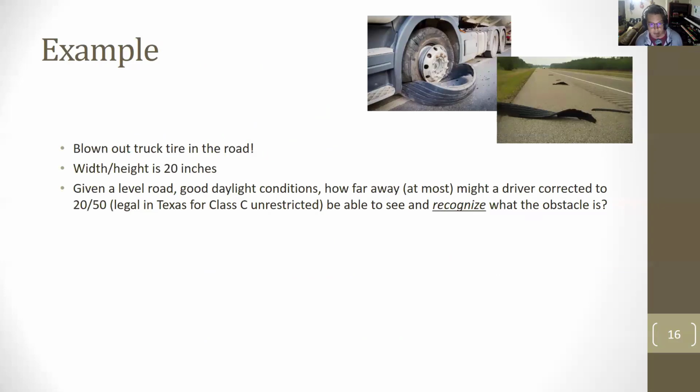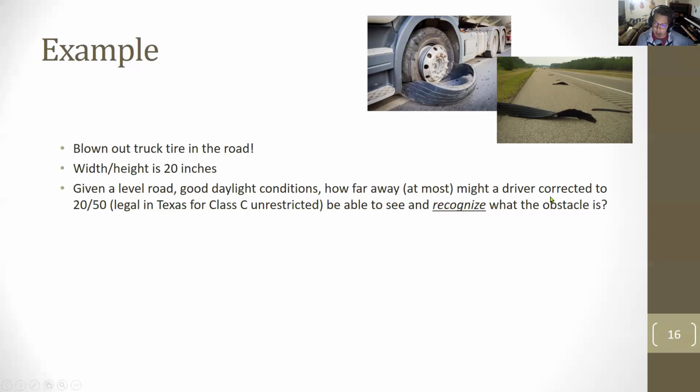So we got an example here. Imagine I'm driving on the road and I am a driver in Texas. So we know that my acuity is at least 20/50. It's 20/50 or better. Okay. So that's what this is: how far for a driver, corrected to 20/50, to see and recognize what this obstacle